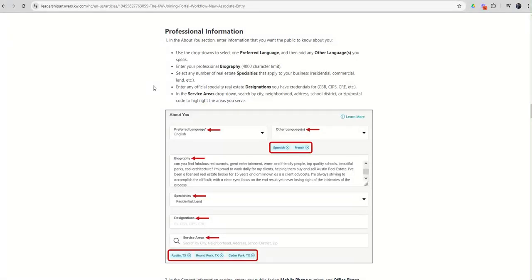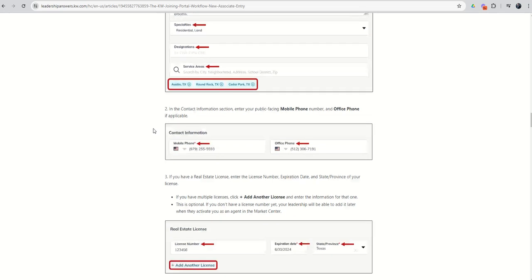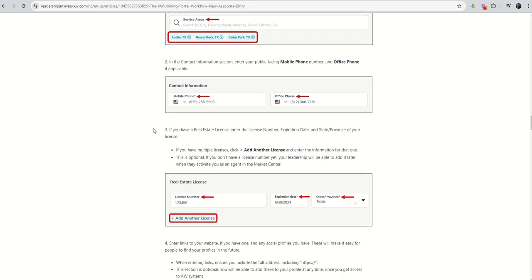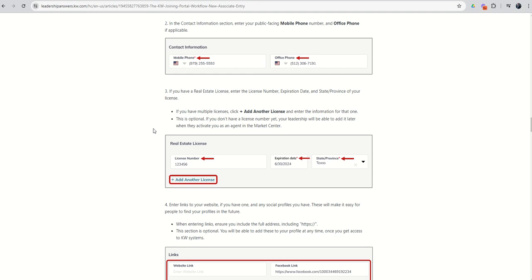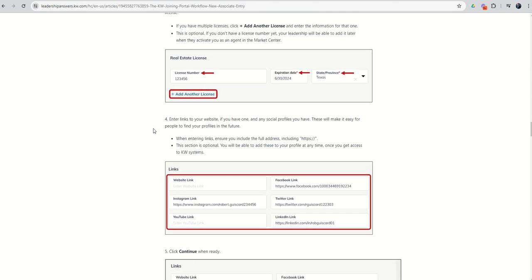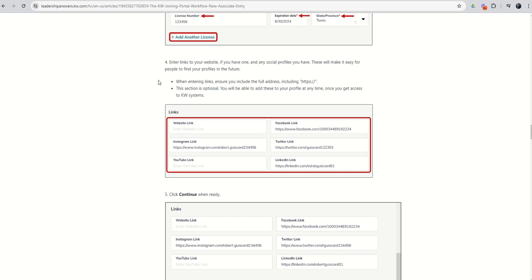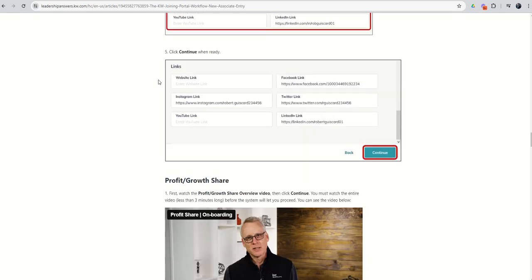From there, we get into the professional information. Again, a lot of this is going to be used inside of their marketing profile. So you can see they ask the preferred language, any additional languages that are spoken, their biography, specialties, designations, and service areas. From there, they're going to go into the contact information where they'll once again enter their mobile phone number, and if they have an office phone number, they can add that as well. If they are a licensed real estate agent, they will then put in their license number, expiration date, and what state they're licensed in. And then from there, begin to fill in their social profiles,